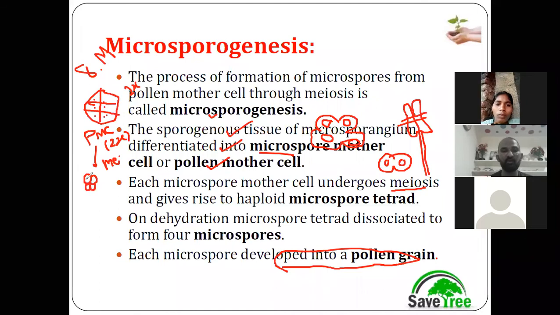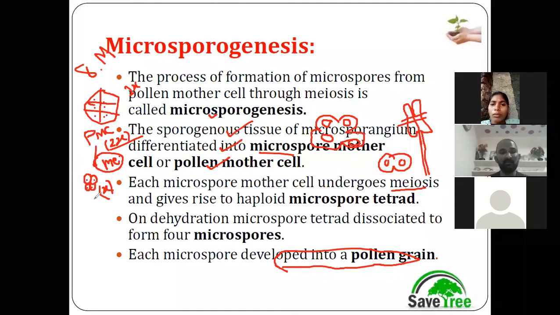What is it called? Pollen tetrad. Each cell produces four cells, and these four cells are arranged in a tetrad manner, so that's why it is called a pollen tetrad, or microspore tetrad. Whatever pollen mother cells are diploid in condition, when they are involved in the meiotic division, they automatically produce haploid cells. These haploid pollen tetrad cells consist of only a single set of chromosomes.